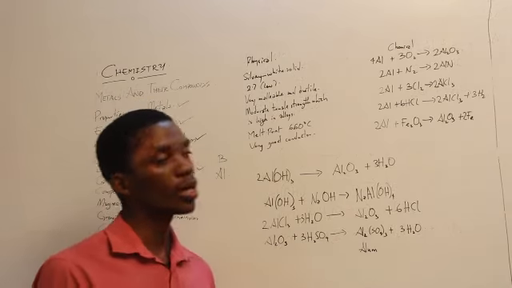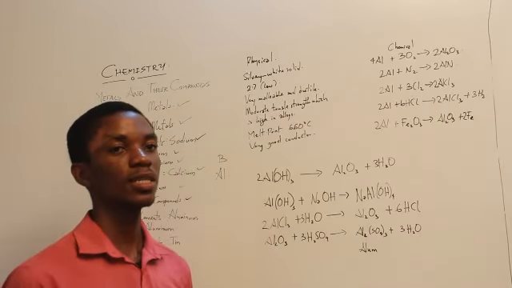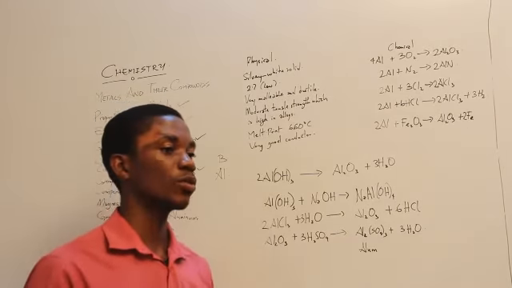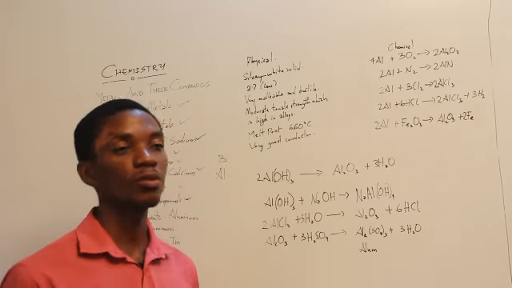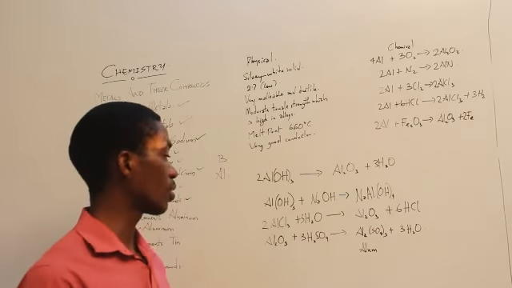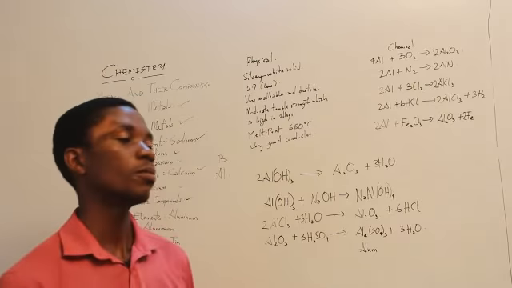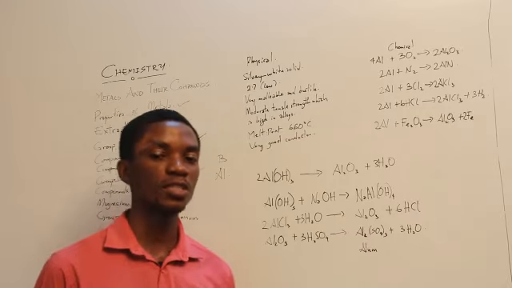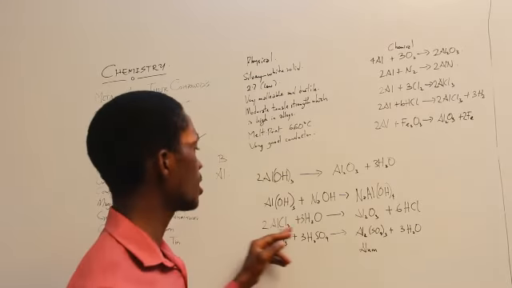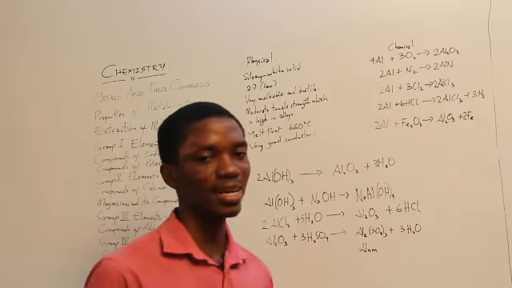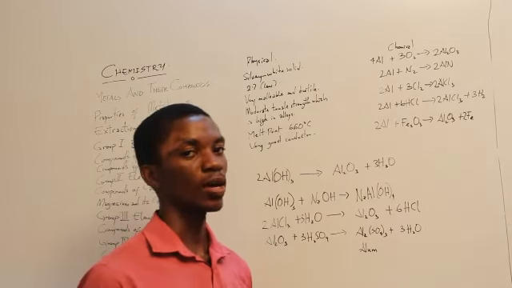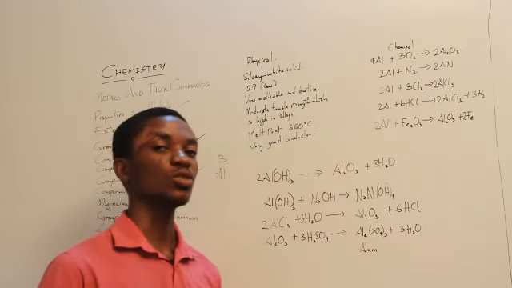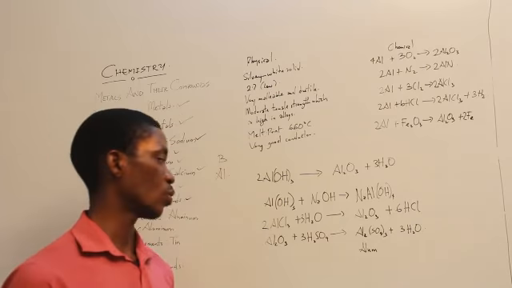Aluminium chloride is quite different from other metallic chlorides. Other metallic chlorides are formed due to ionic bonds, but aluminium chloride does not form ionic bonds. It's formed due to a covalent bond. So when it enters into water, it actually reacts with water, unlike other salts which do ionize in water.